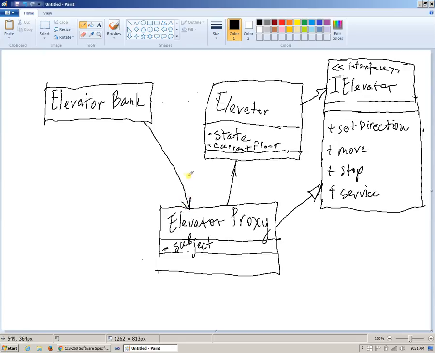And say it's the array list of elevator proxy objects that I will have inside of my elevator bank. However, I can start thinking about this elevator proxy as being my